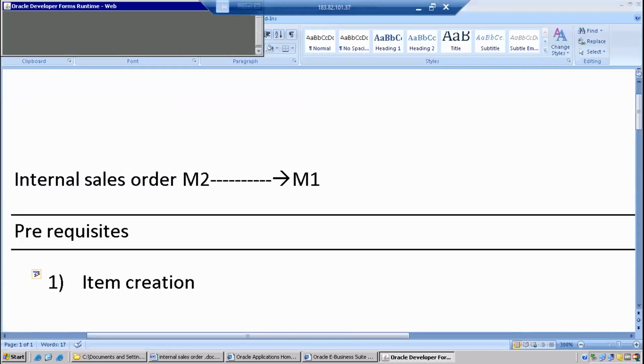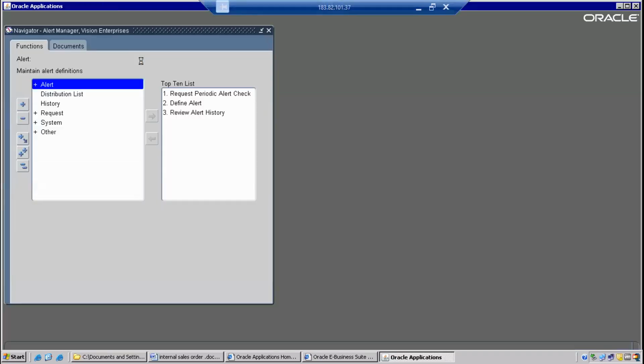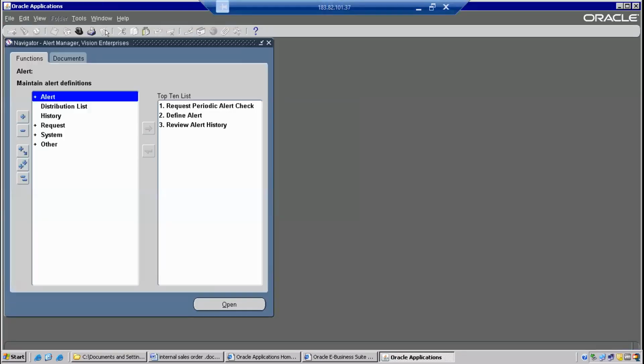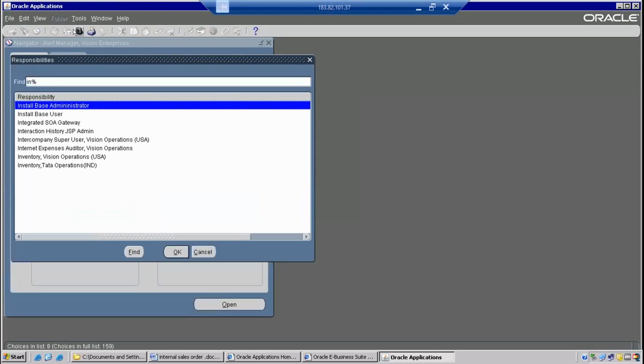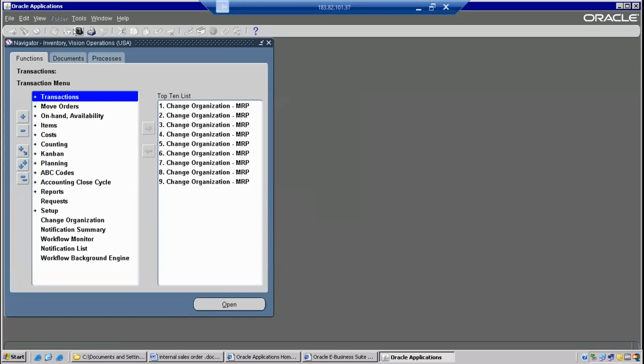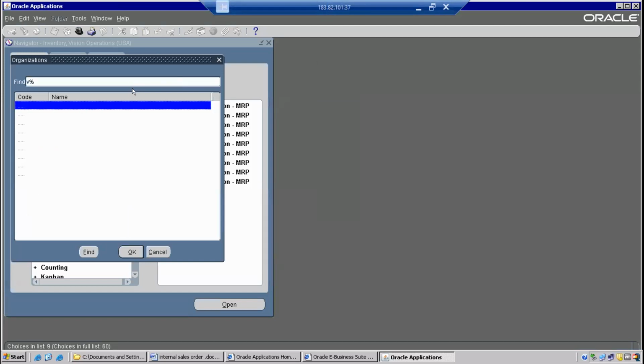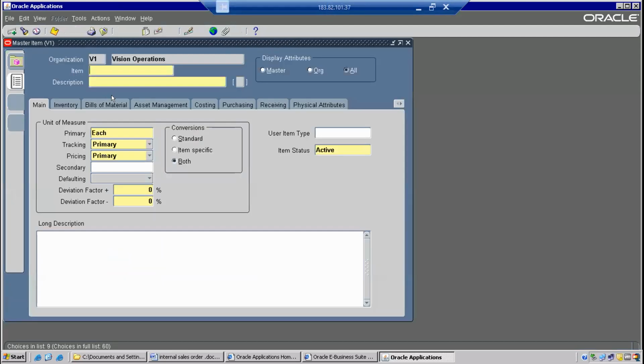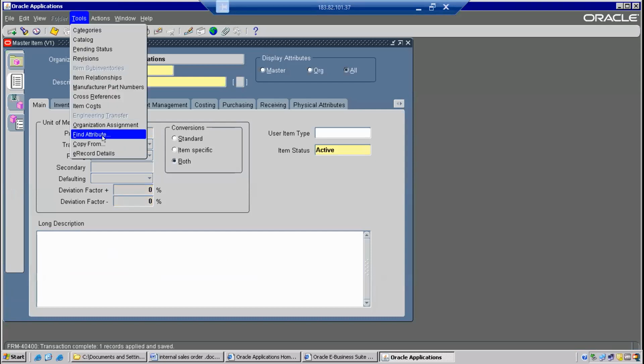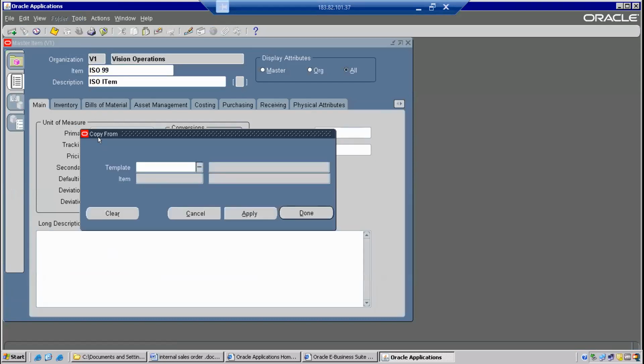The first step in this is item creation. You can go to inventory as usual, then Items, Master Items. So V1 you can select. This is a master organization. Okay, then ISO 99, let's say. ISO item. Earlier we have used certain templates. Do you remember, guys, the template names? Purchased, apply,